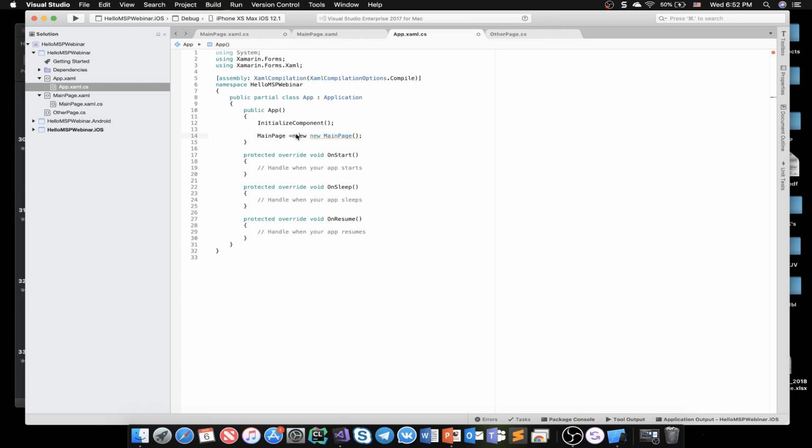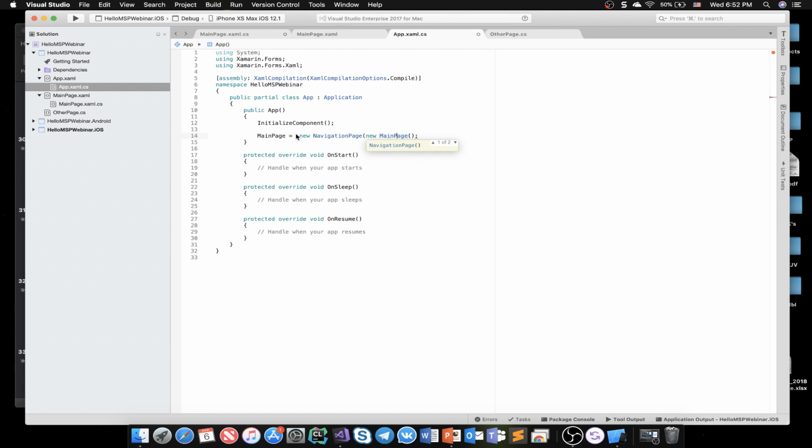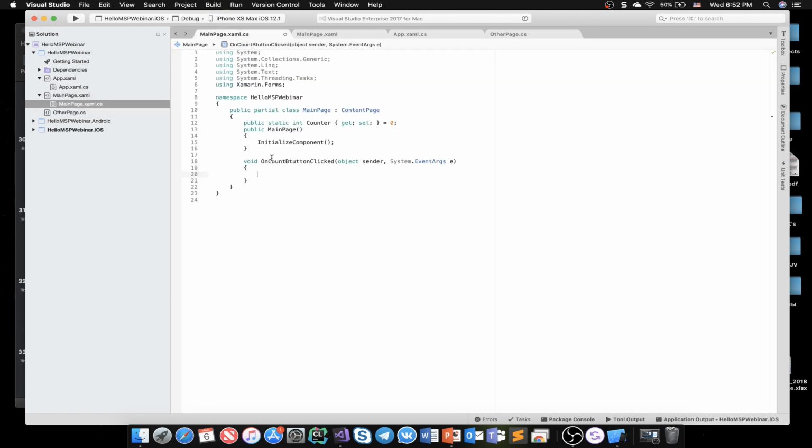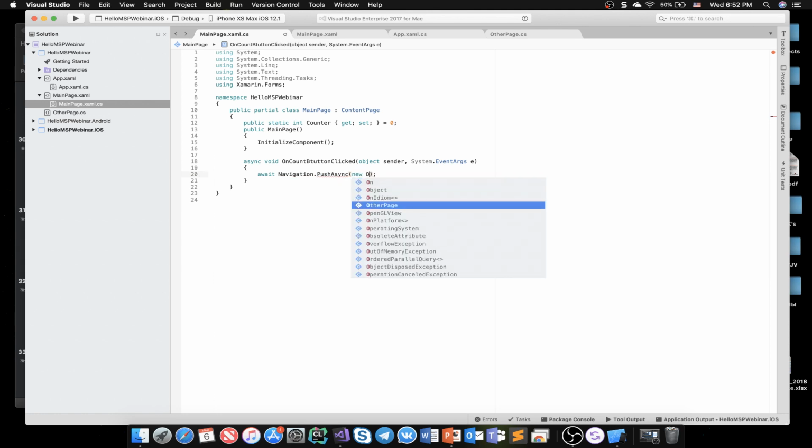So my main page will be the new navigation page based on my new page. I'm creating a new navigation page that supports navigation based on my main page, and afterwards it won't change anything actually. And I go to the C# file and say await navigation. Actually, I can say await without an async function: navigation push async to my other page,